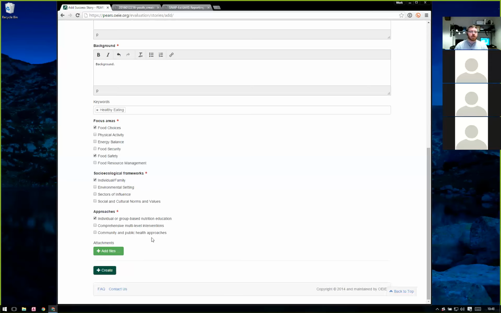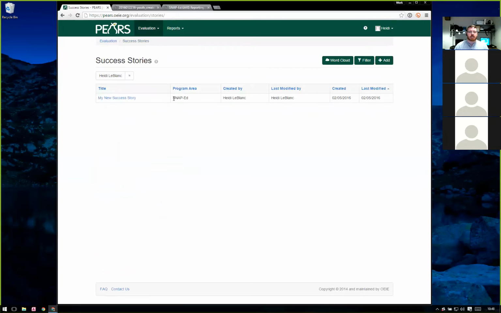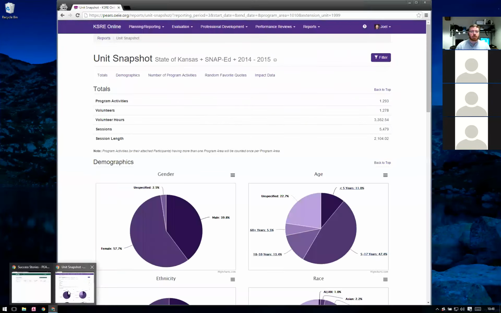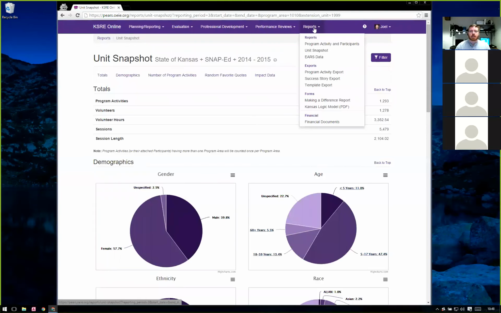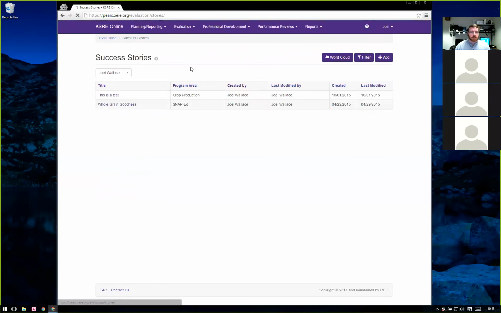So once we've entered our information, then we can create this, and it'll be saved in the system. We can go back and edit it if we need to, and it'll show up in our list of success stories. One of the other things that we can do with success stories is create a word cloud. And to do that, I'm going to swap back over to Candace's system because we've got more data in there currently. And so if I go over to success stories,